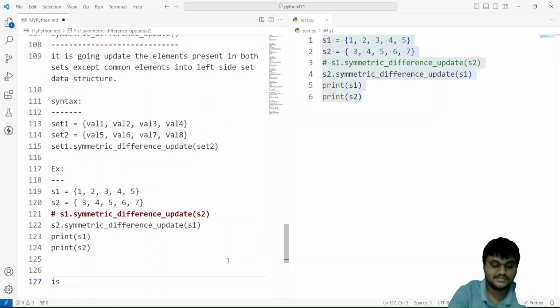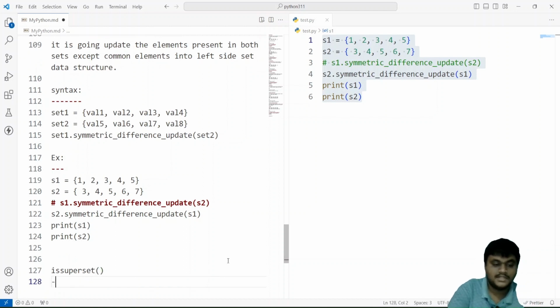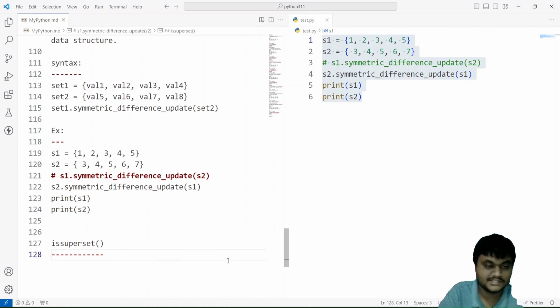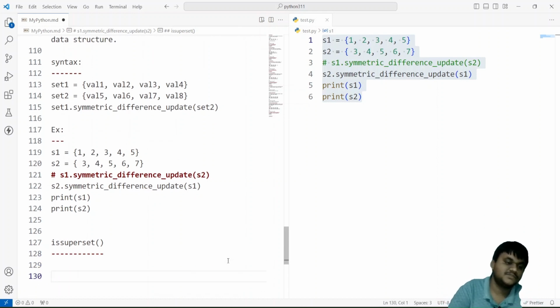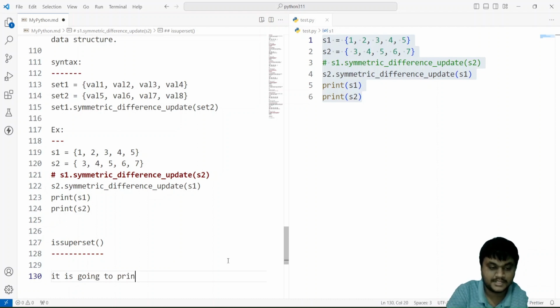Next method is superset, not capital, is superset. Is superset method. It is going to print true or false. It is going to print true if